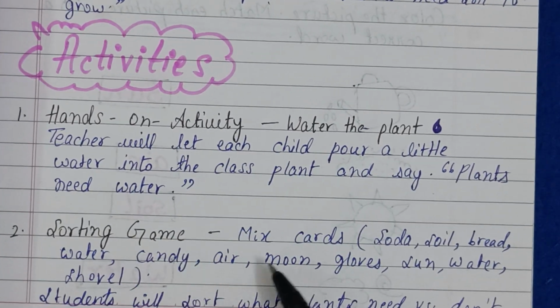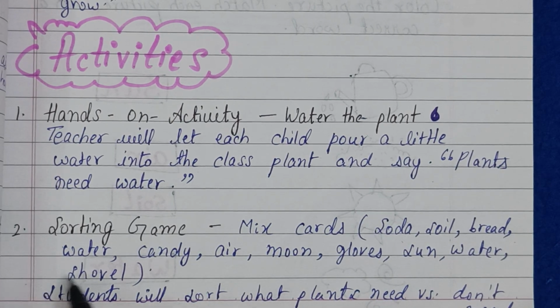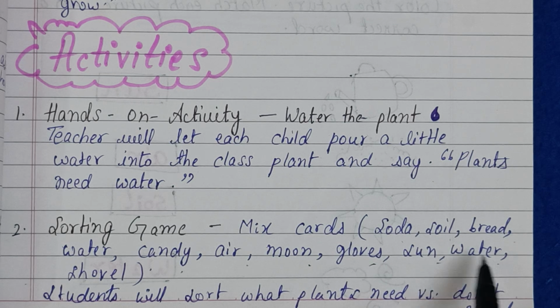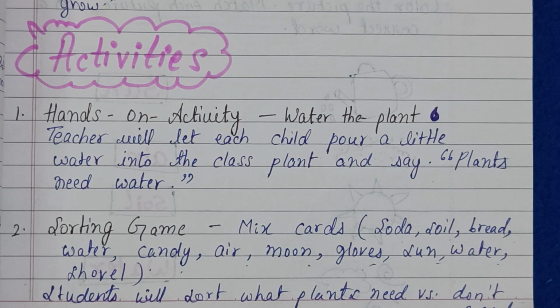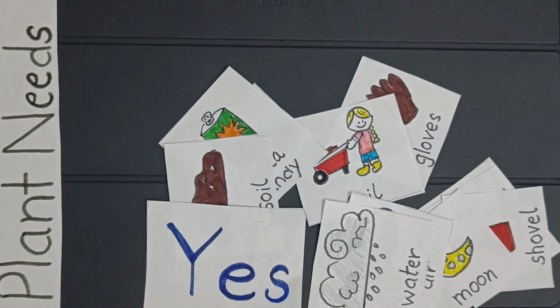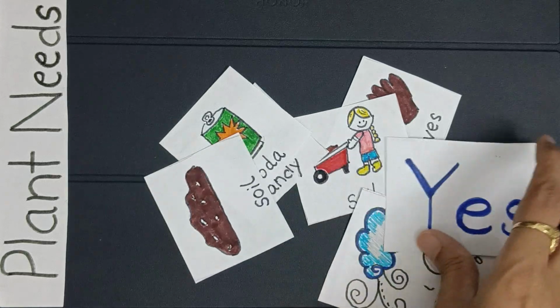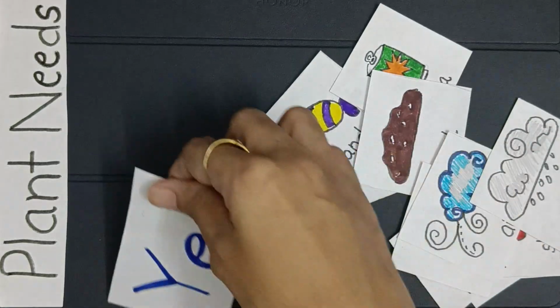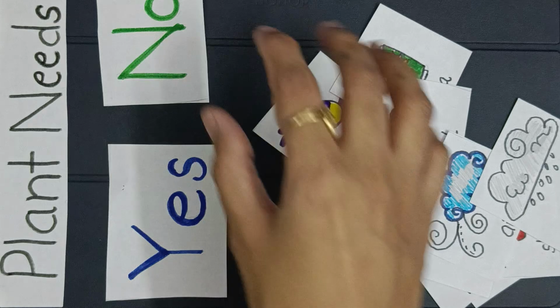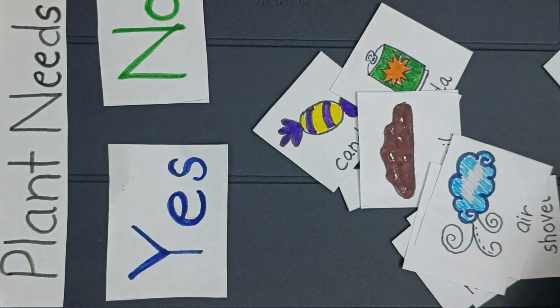Now, sorting game in which mix cards: soda, soil, bread, water, candy, air, moon, glove, sun, water, shawl. So these are the mix cards, and then students will sort what plants need versus don't need. I will show you. So these are the flashcards, and this is the topic, plants need. You will place flashcards of yes and no, and then students will sort by picking up all the flashcards,